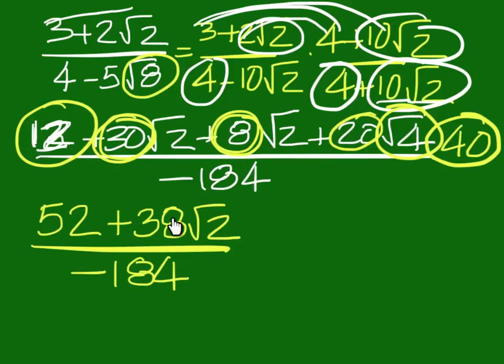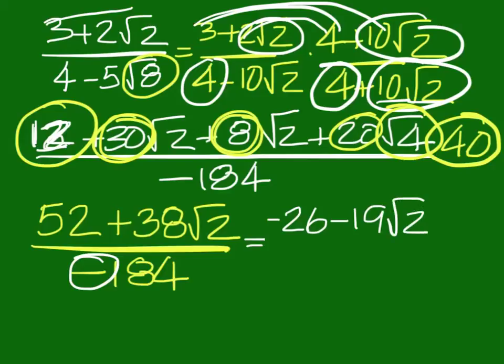Notice you have 52, 38, and negative 184. They're all even, so we can at least cut them in half. And at the same time, since there's a negative sign on the bottom, change the sign of everything as you're cutting it in half. So you would get a negative 26 minus 19 square root of 2 over a positive